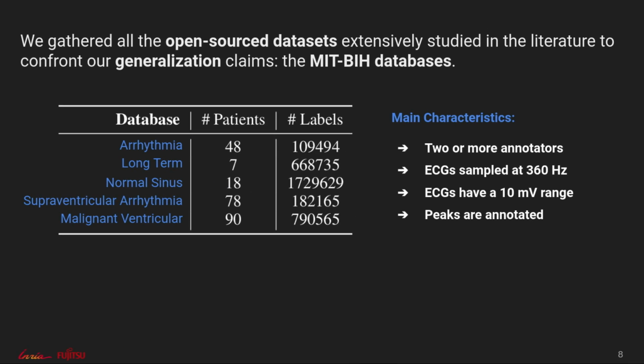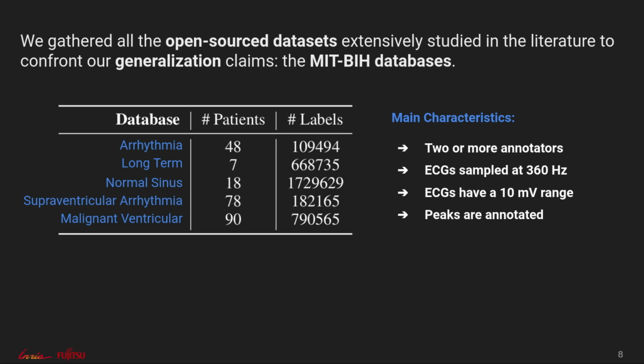Great. Now that the theory has been introduced, let's dive back into the problem. To support our claims of generalization regarding arrhythmia detection and classification, we had to aggregate data which was benchmarked in the literature. The MIT-BIH databases were the most extensively studied, so the best targets. They consist of 5 databases with a total of 240 patients and 3.5 million heartbeats that were labeled by 2